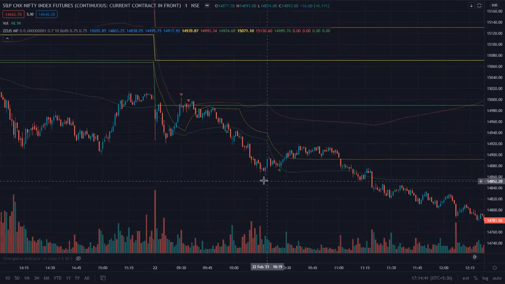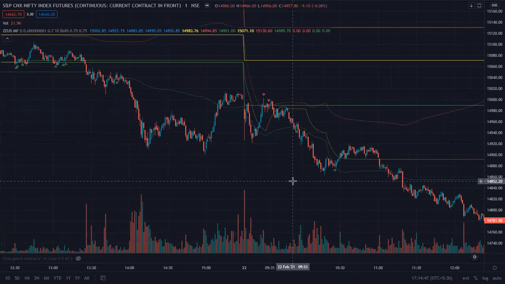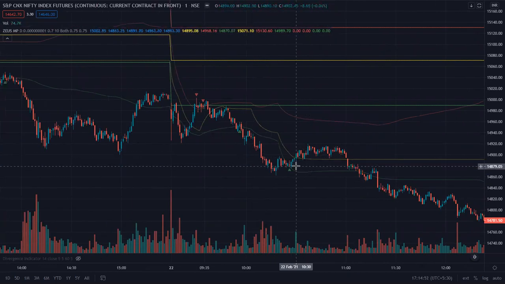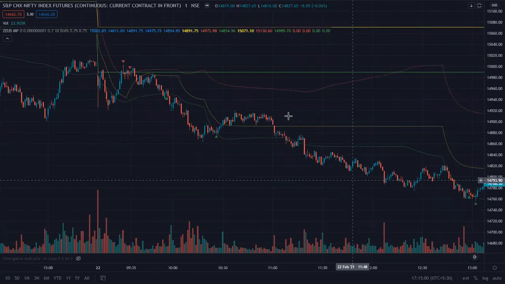Nonetheless, I did see OI and I did see a lot of rejection here. And then I saw this signal, plus it coincided really well with the pattern. I said, fine. That's why I gave this trade, because it looked worthy of at least taking a quick trade. I got you guys to exit half of the position out here and about half the position out here. And I'm happy I did that, because after that, the market just went into free fall.